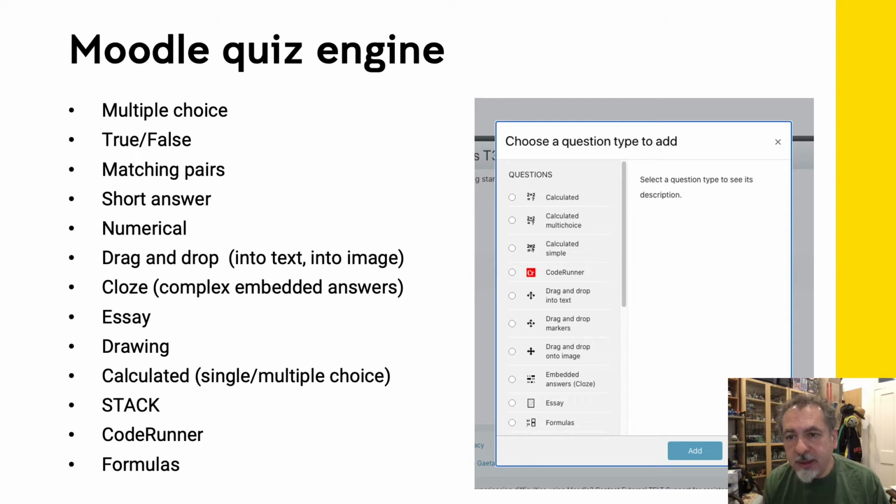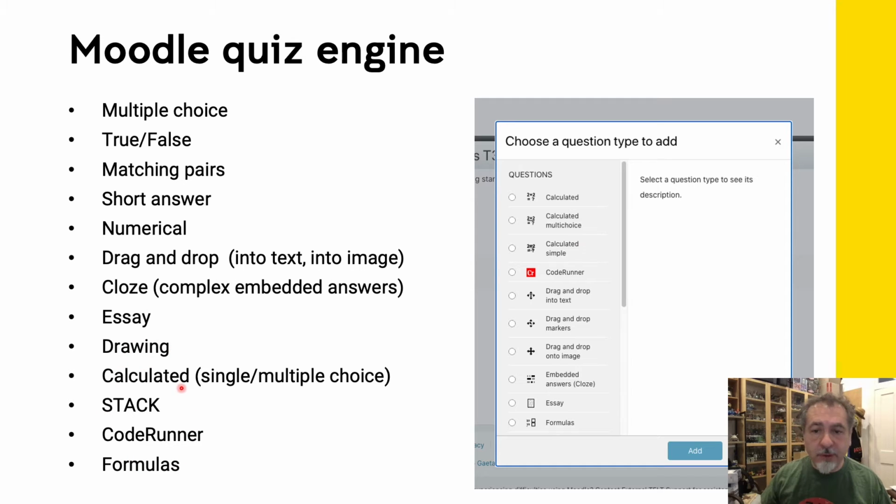possible question types. So it does include fairly standard things like multiple choice, true/false, matching pair, short answer, numerical, and so on. Short answer has got wildcards, numerical gives you a margin of error in the numbers in the answers. Then you can do drag and drop, for example, to complete a paragraph or to annotate a graph. You can use Cloze, which is some sort of a markup language for building questions. You've got some totally free-form questions, like ones that require the students to write text, which you've got to mark manually, or make a drawing.